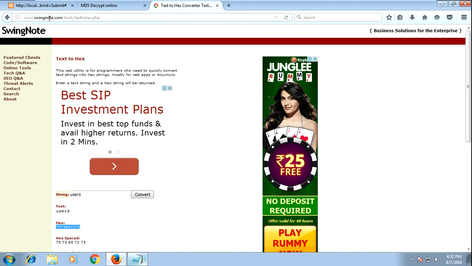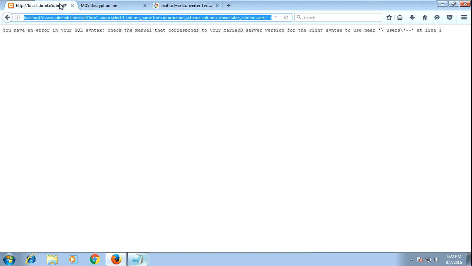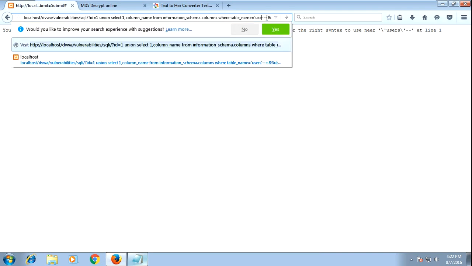So just go to a website, a text to hex converter, type users, and you will get the hex code. Now I am using this hex code here in the place of users. And how to use it?